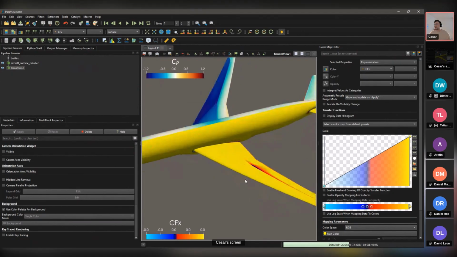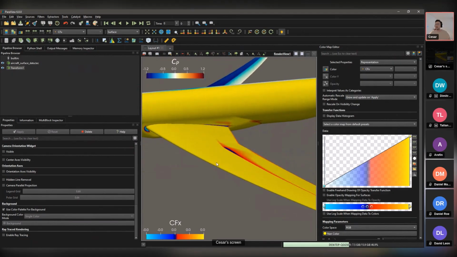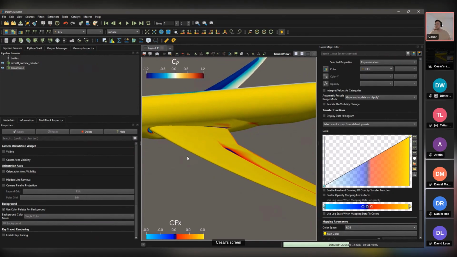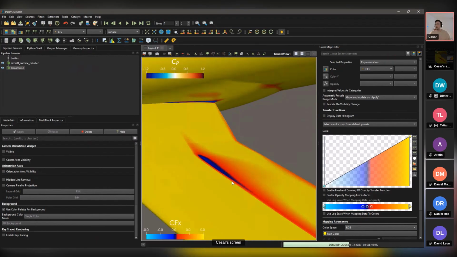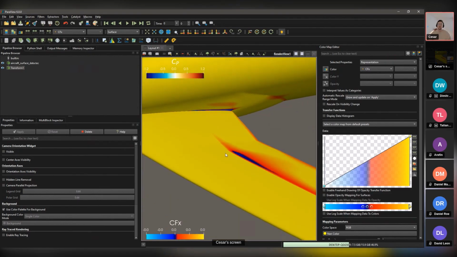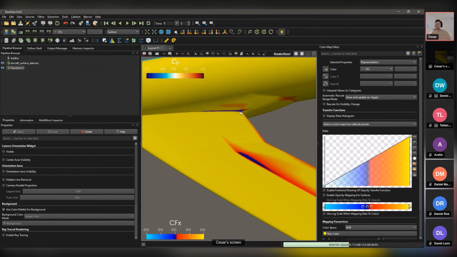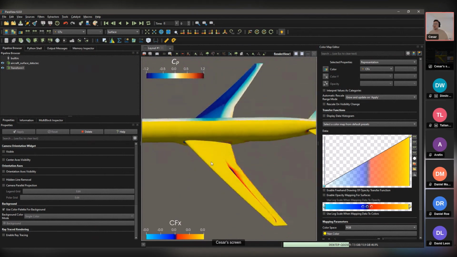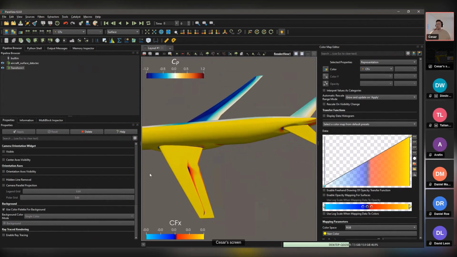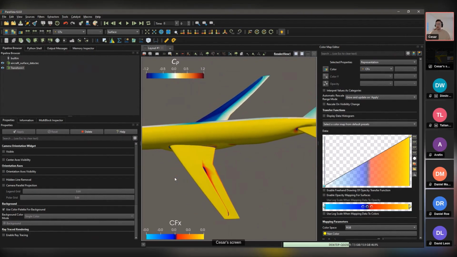So what this contour is highlighting in yellow are areas where the skin friction goes in the actual axis direction, so that means that the flow is attached. Whereas where we have blue zones, the flow goes the other way, so the skin friction is in the opposite direction. Therefore, we can see the presence of some recirculation bubbles. So it's an example of how to get quick insights by using this kind of very abrupt and sharp